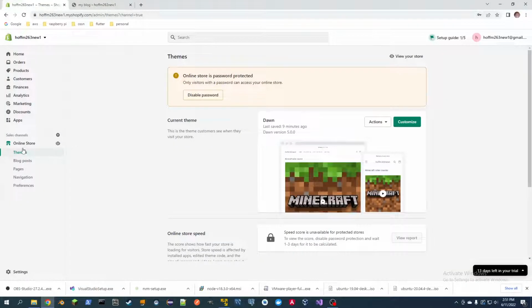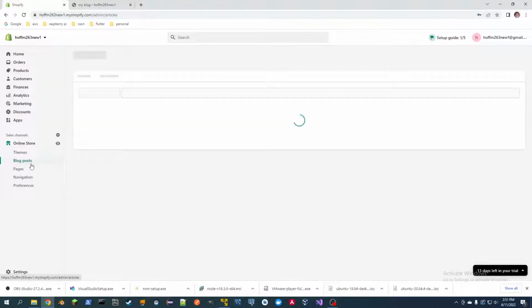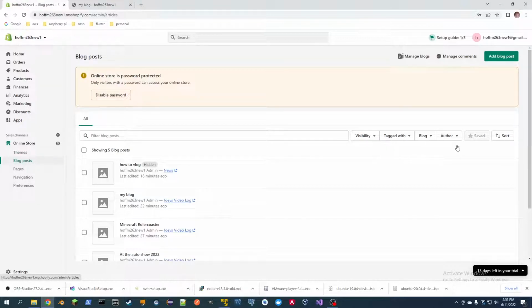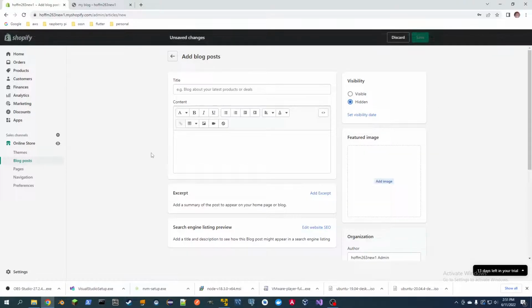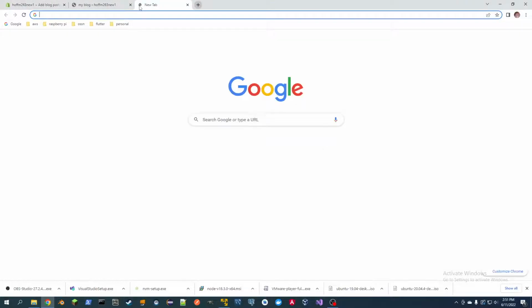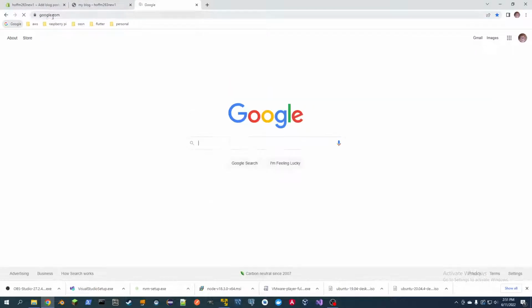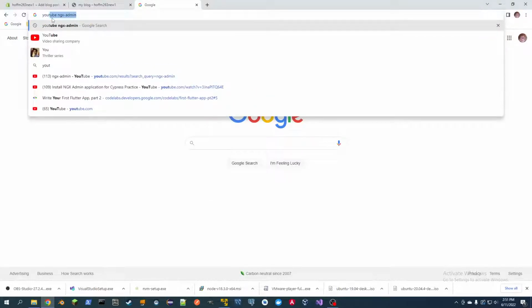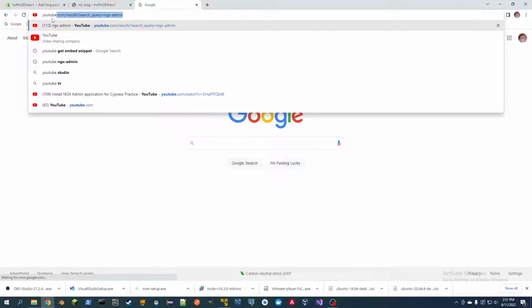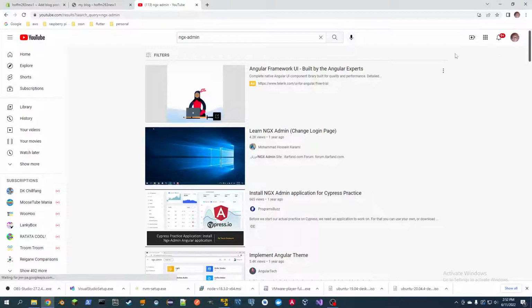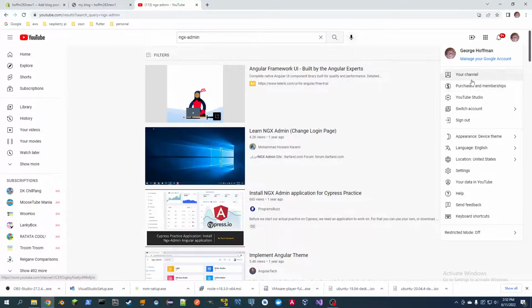You go into your Shopify settings here. You can go to blog posts. It's all under online store, and you can go create a blog post, and then from here what you can do is there's this image thing. You can embed an image, or I'm sorry, images or videos. So I'm going to go to YouTube, and I'll go to, this is my son's kind of channel here,